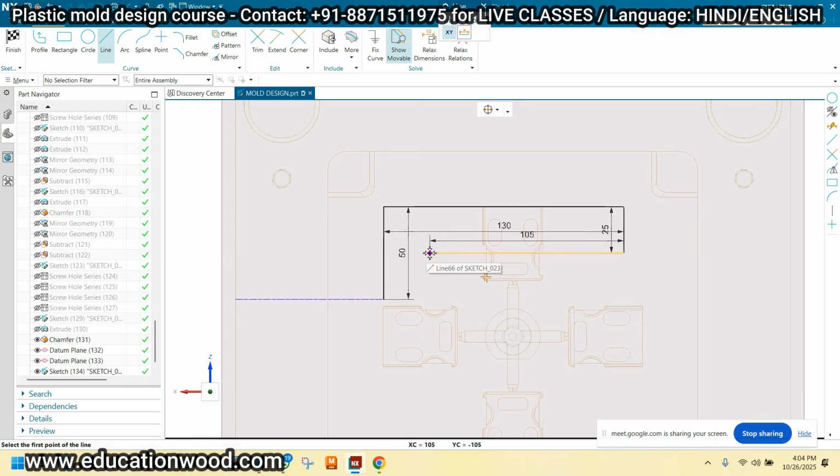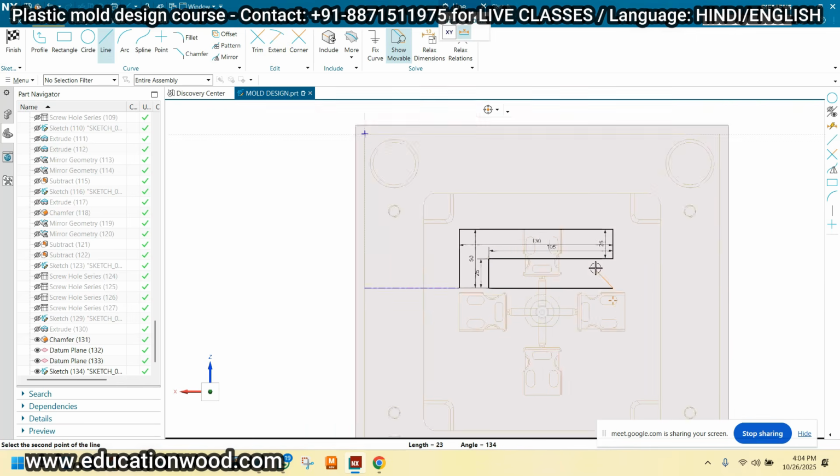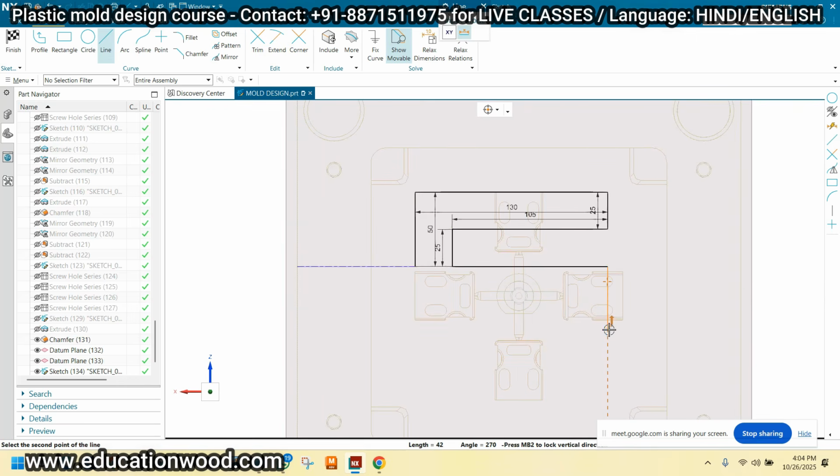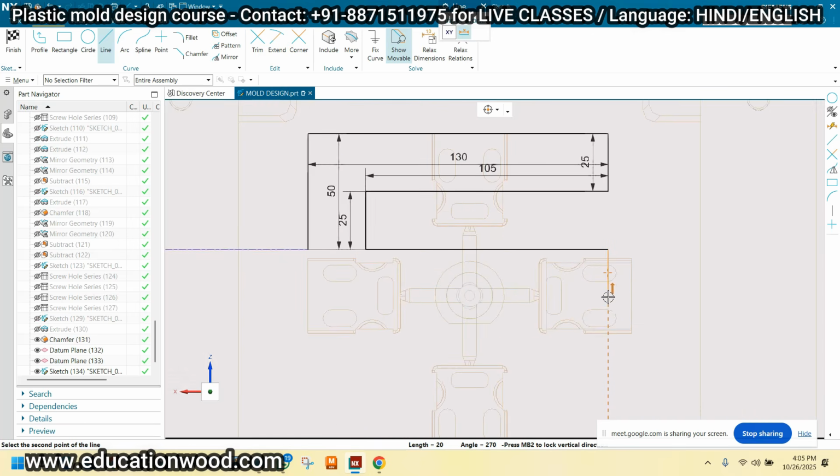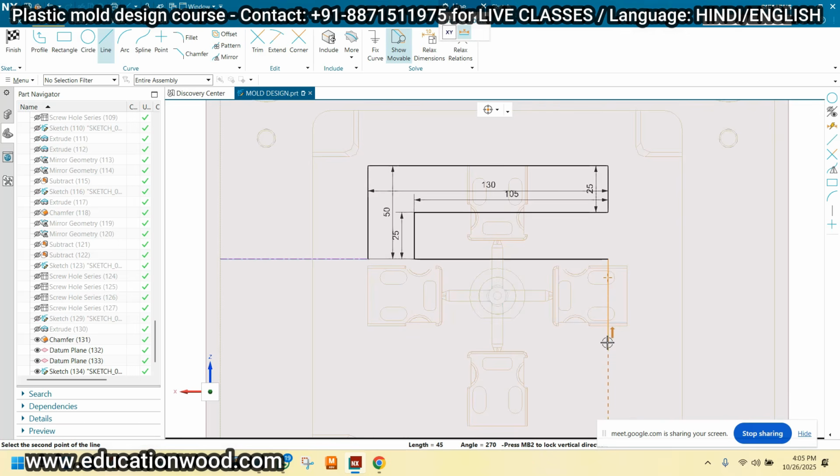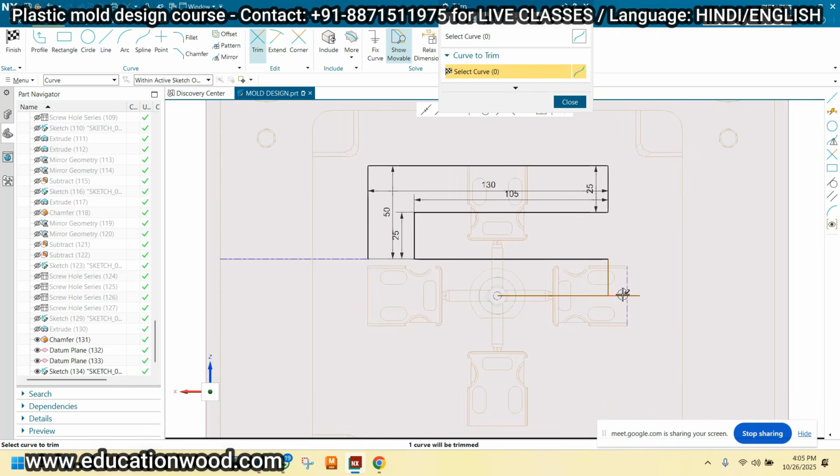Okay, again, like from this, 25. Like this distance again. And I'm just taking the dimension from here, and the dimension from here, and trim it from here.